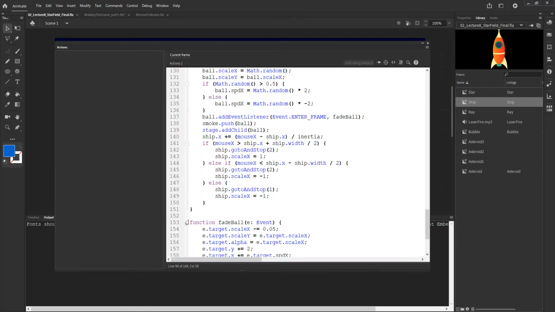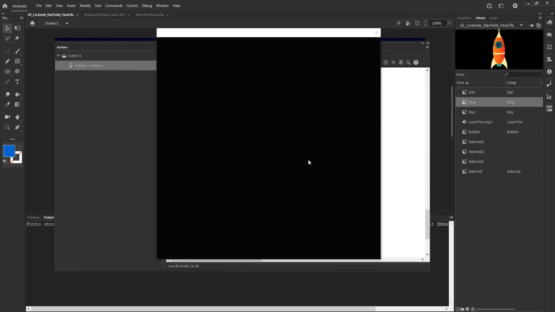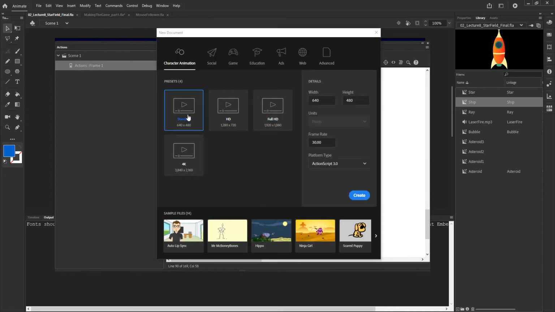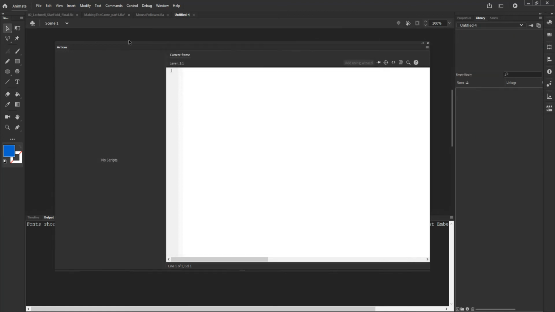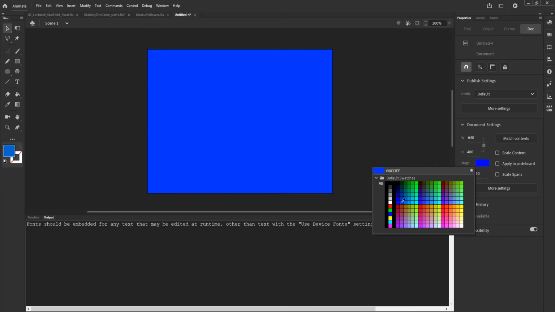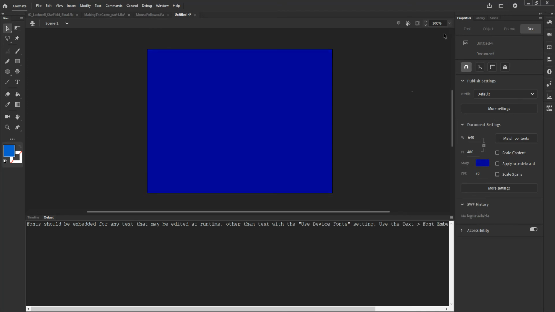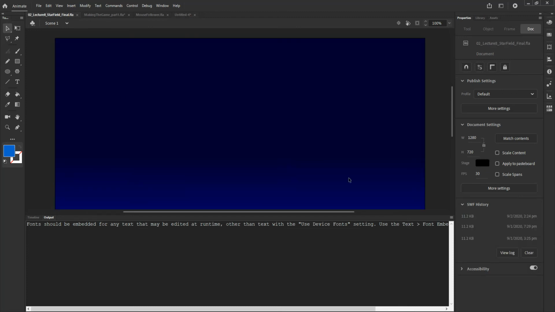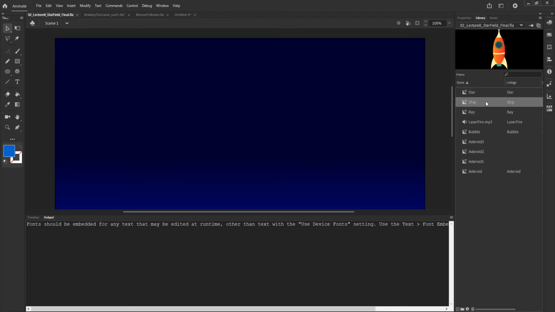So how do we program that friction into our programs? Let me go ahead and create a new movie clip, and I'm going to be using an ActionScript based movie clip, the standard that we've been using. Into this new movie clip, let me turn off the actions window for just a second and change the color of my stage to a nice dark blue. And I am going to use that previous movie clip's library, this one right here,